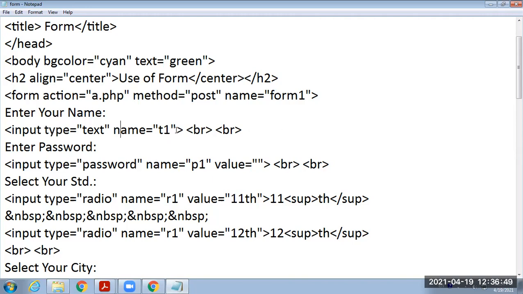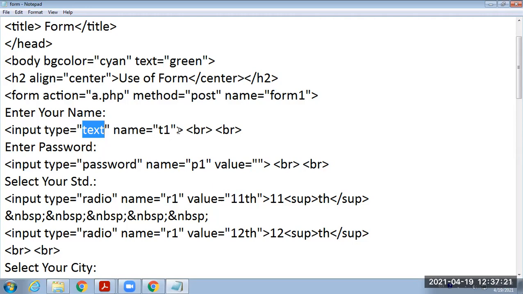I have not used all the attributes such as value, maxlength, length, width. I have not used those. I used only the necessary ones. First one is the type. Type is very essential. Unless and until you specify the type, it will not work properly. Therefore, here type equals text. Though we are displaying the text box, its type is only text. You will not write text box. You have to write only text.